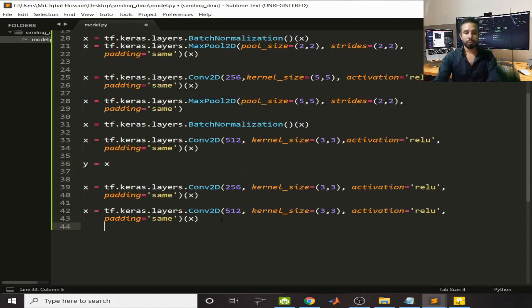Now I am going to add a resnet here, or residual block you can say. So x equal to x plus y here. So what I am going to do, I am going to add this layer with this layer and make a residual block here. Okay,